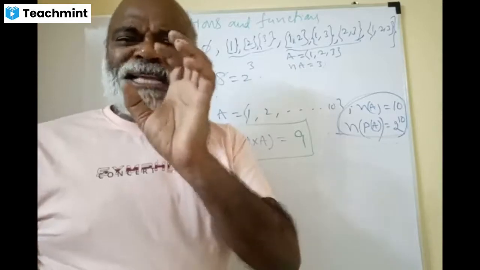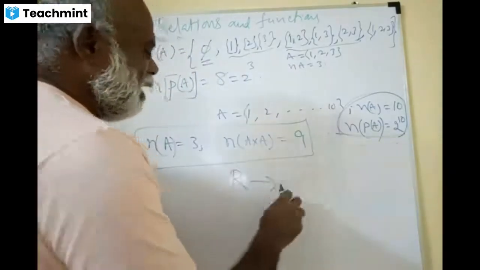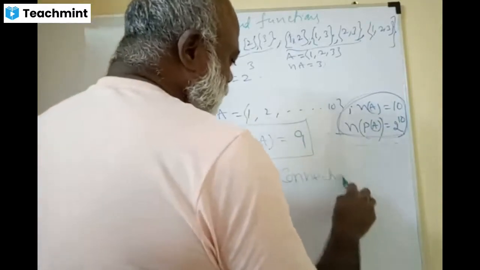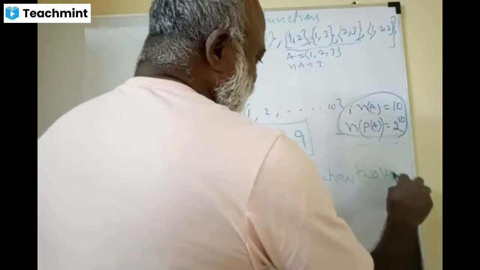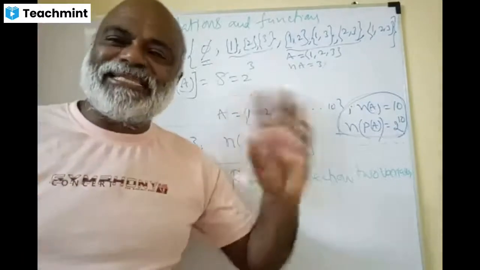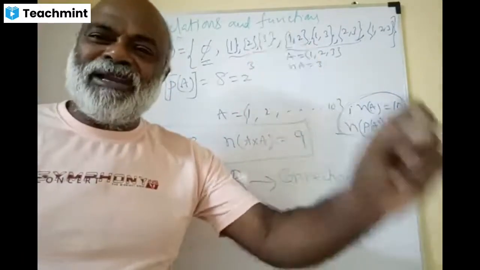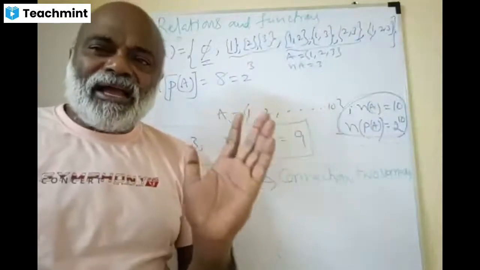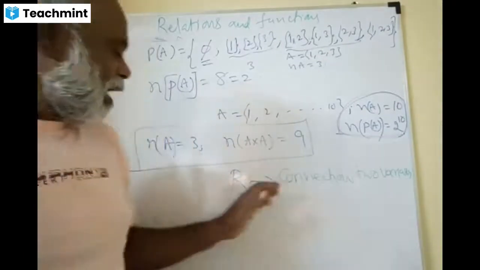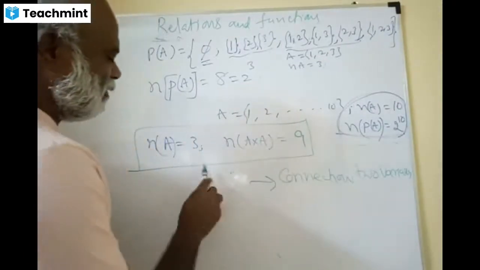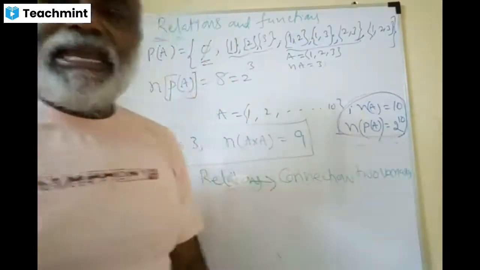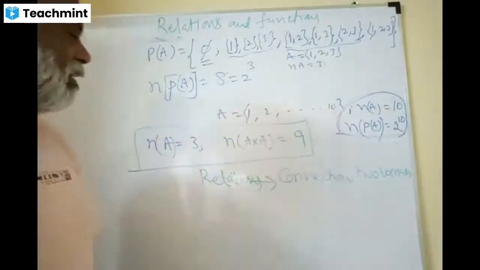Here, what does a relation mean? A relation is the connection between two variables. I'm just writing that, translating the relation as connection between two variables, is the relation at our level of understanding. To understand it at a normal level, I'm telling you, relation is the connection between the two variables. The two variables are x and y, a and b.